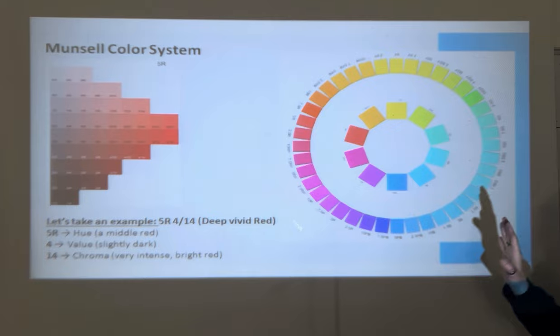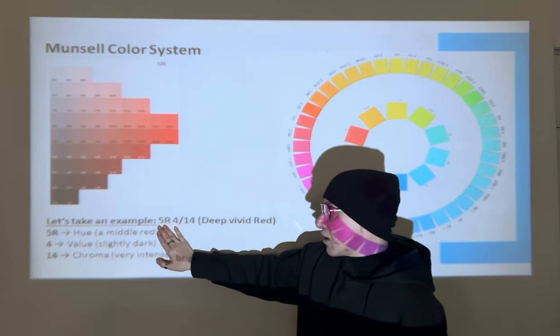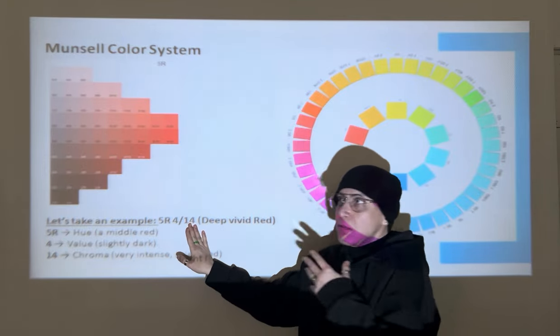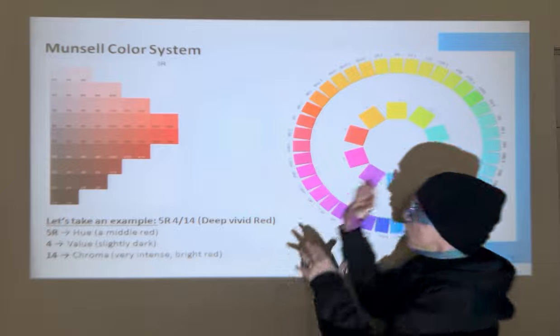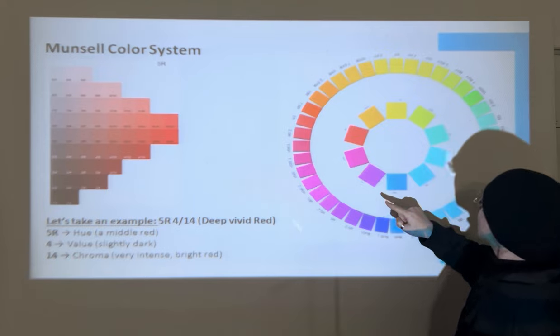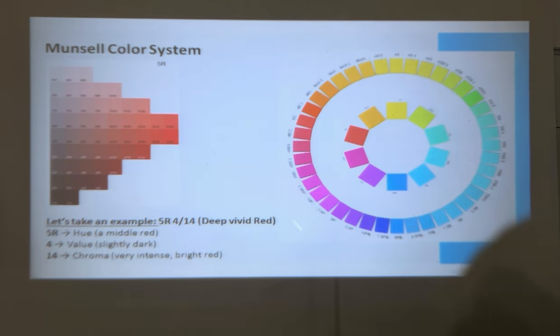Like here, for example, we have a color with this number. For example, 5R4/14. It doesn't mean anything to us. But if you open the book and search for it, you will find it. 5R is this one here, okay? So this is the 5R, and it's located here. But notice, this is red. You see it as red, but there are many variations here. But this is, let's say, the 5R, the red number 5. So it's here. And then we have